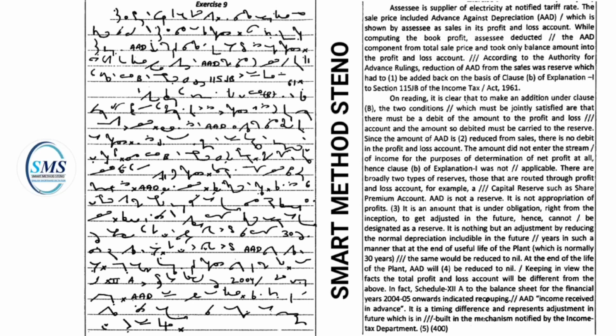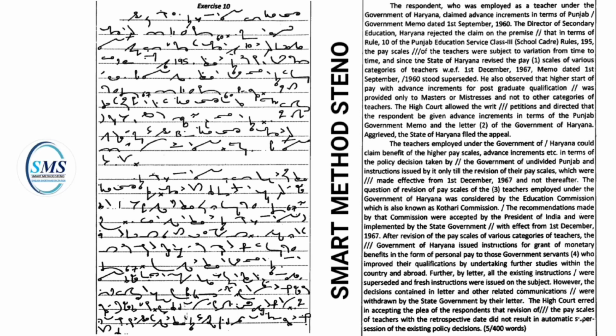The respondent, who was employed as a teacher under the government of Haryana, claimed advance increments in terms of Punjab government memo dated 1st September 1960. The Director of Secondary Education, Haryana, rejected the claim on the premise that in terms of Rule 10 of the Punjab Education Service Class 3, School Cadre, Rules,